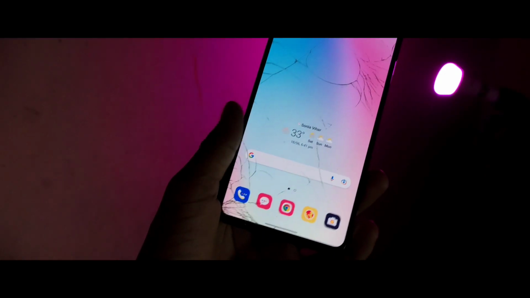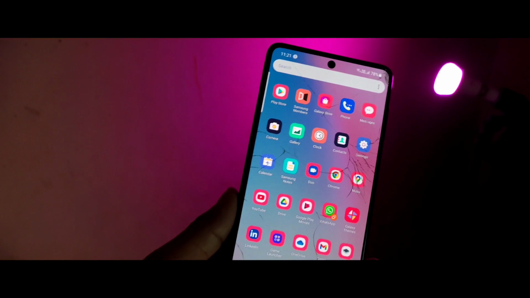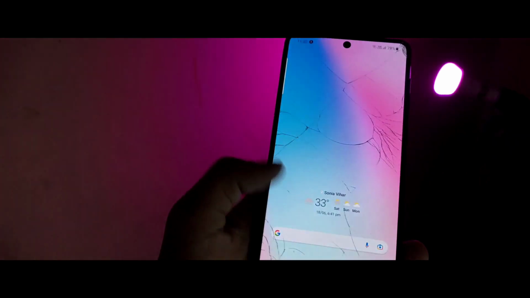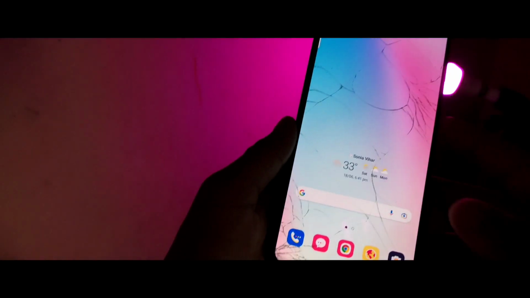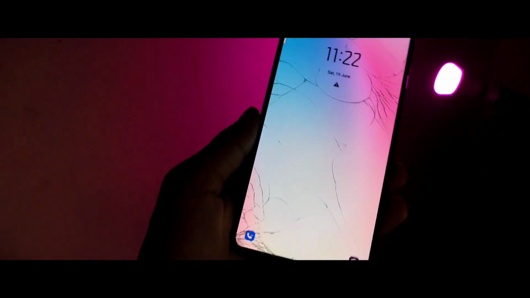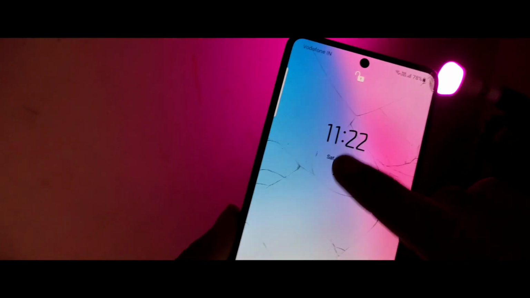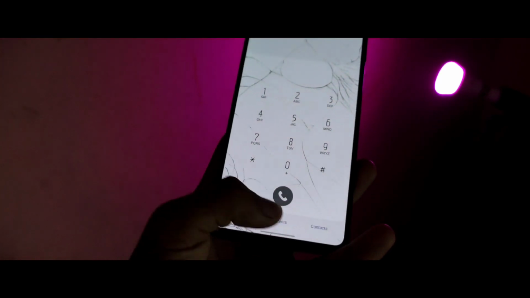So this is the very first theme of our list. This theme looks really amazing and the icon pack of this theme is really amazing, because this theme has a red accent color and the wallpaper of this theme is amazing. If we talk about the notification panel, it also looks very amazing, and the lock screen of this whole theme is really great. The clock of the lock screen looks amazing and the font is great, and the whole interface of this theme is amazing and the dialer of this theme looks really good.